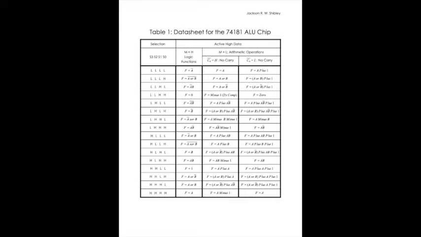The way it works is that all the arithmetic functions are simply A plus a logic function plus the carry in. For example, if the logic function equals B, then the arithmetic operation will be A plus B plus the carry in. Now, this works quite well. However, if you look at the table, it doesn't really work. That's because the Boolean functions are in a different order than the arithmetic functions. This will be discussed in the next section, discussing the logic diagram that can generate this entire truth table.